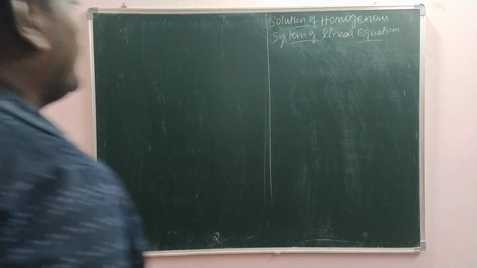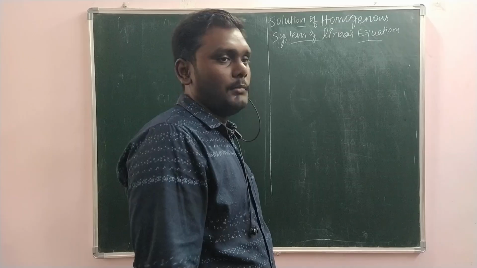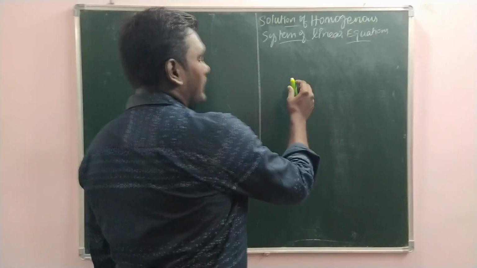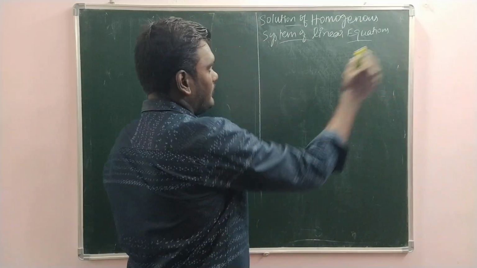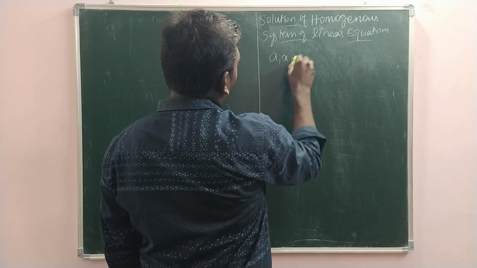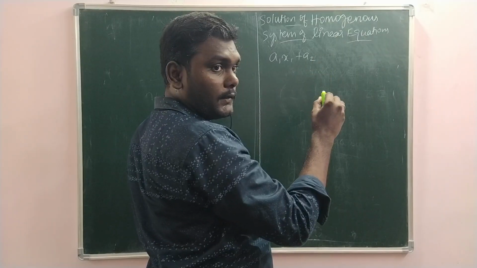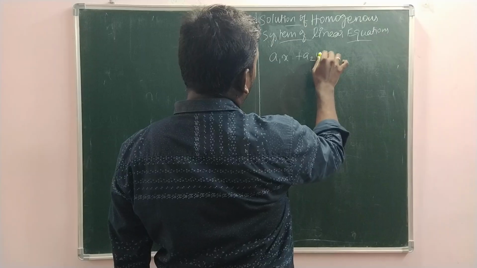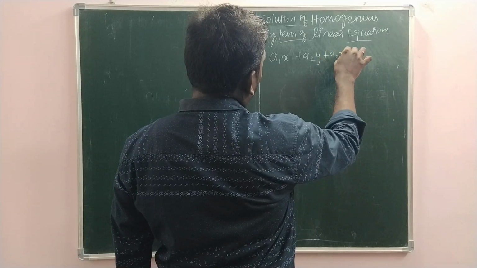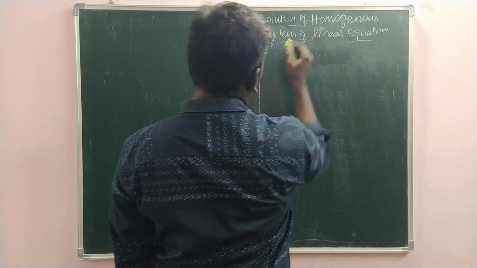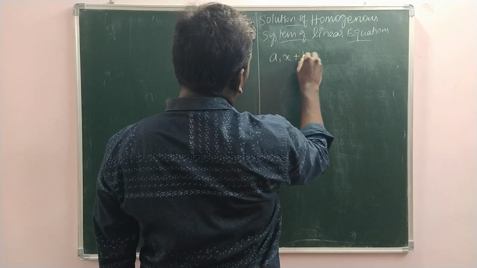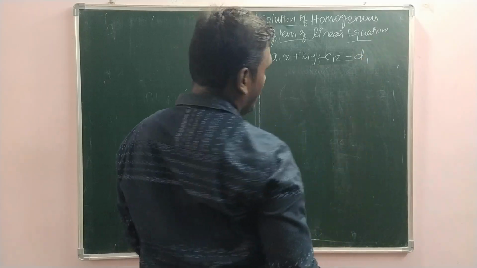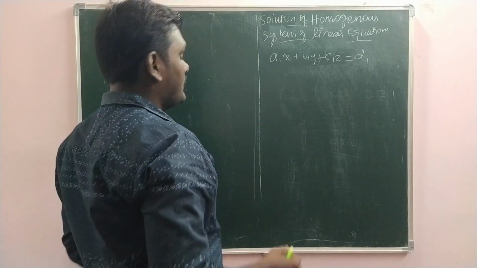In this class, we will be looking at the solution of a homogeneous system of equations. In the previous class, we have seen the non-homogeneous system, right? So, we will recall the previous session: a1x plus b1y plus c1z equals d1, and